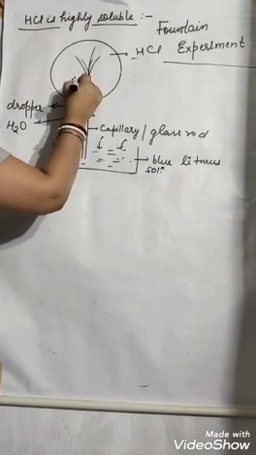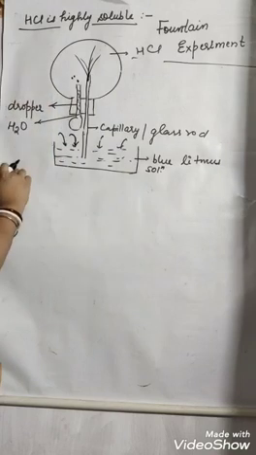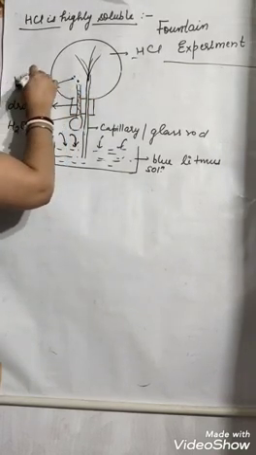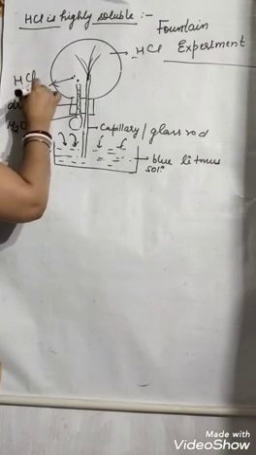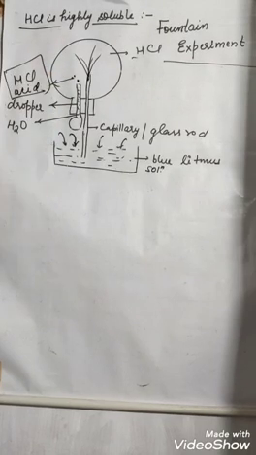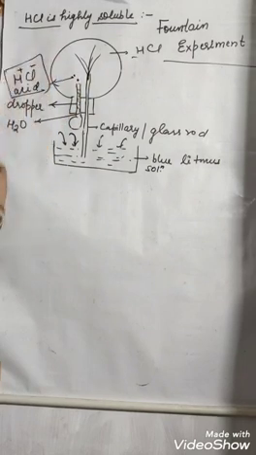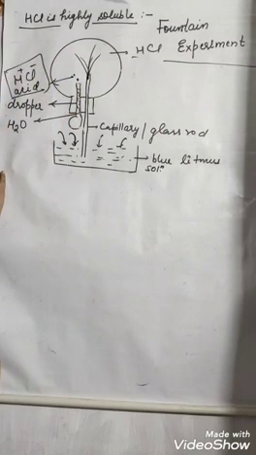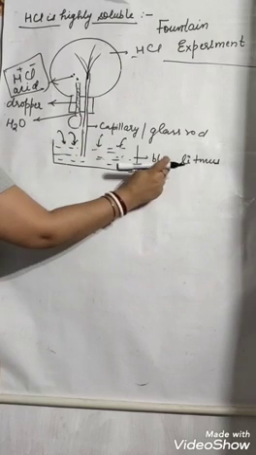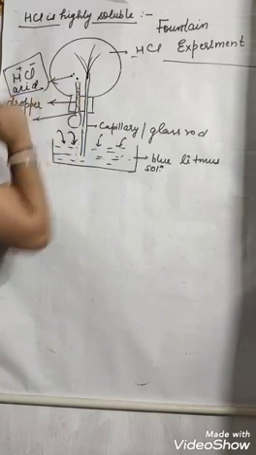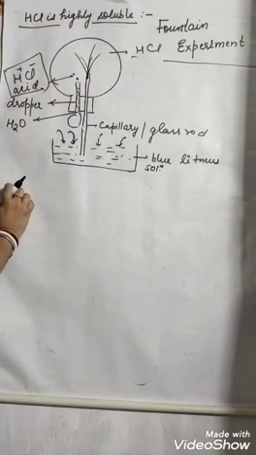You have poured water droplets. So water has dissolved all the HCl. Now it will act as a HCl acid, because water is there. So it must have broken its bond, H plus and Cl minus. Which solution it is? Blue litmus. And you all know in an acid, blue litmus turns red.